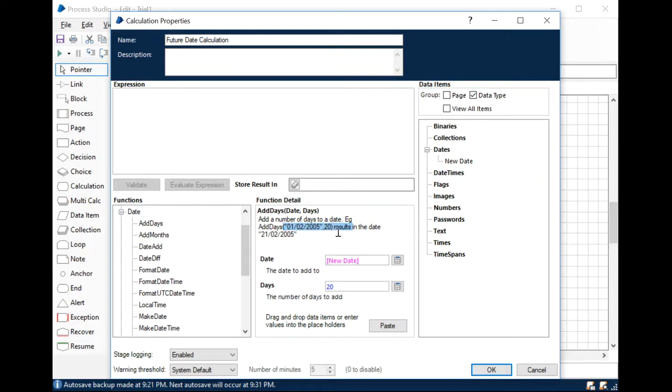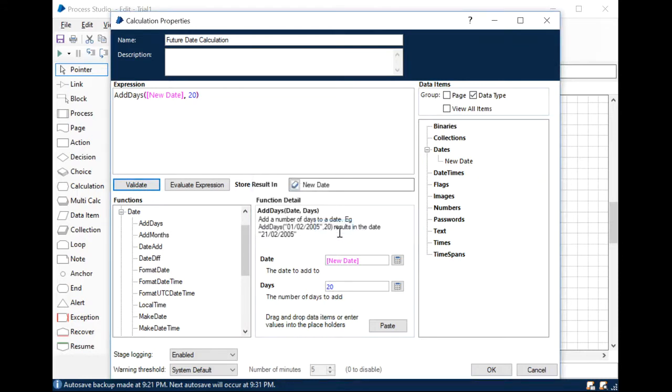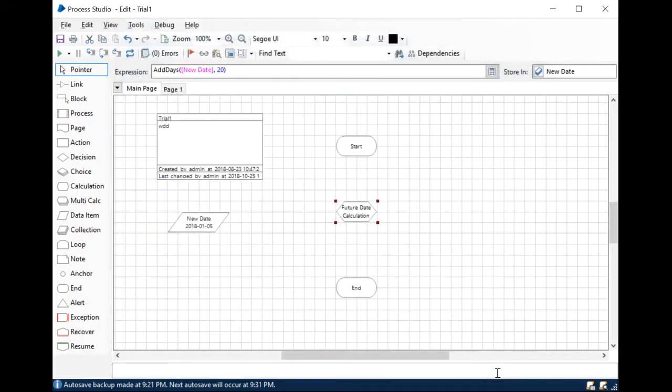Within the braces here, you just add the two operands and click on paste, and you see that the expression is automatically generated in here. Now, where do you want to store this computed value, after adding the 20 days to the new date data item? Well, I want to store it back into the new date data item itself. So I do that, and to check whether this function is syntactically correct or not, just click the validate button once, and it says the expression is valid, which means we're all good, right? Hit OK,